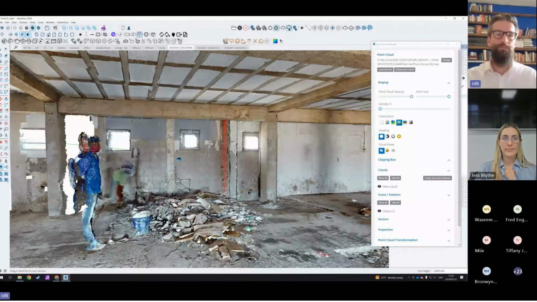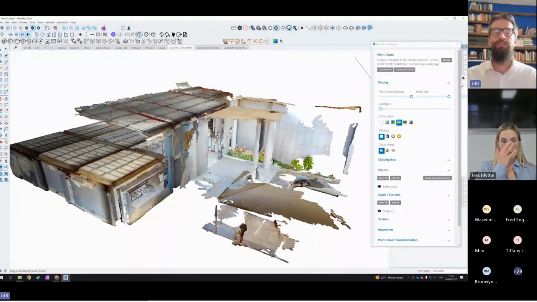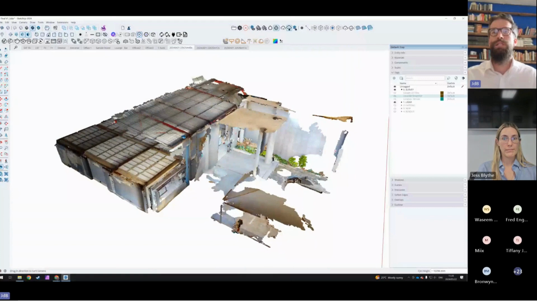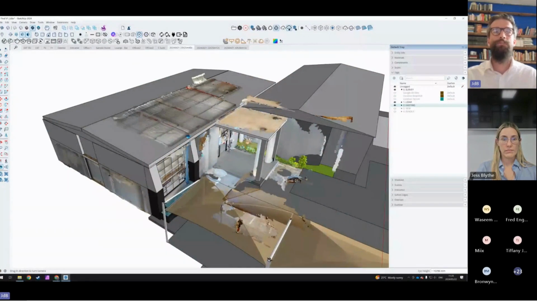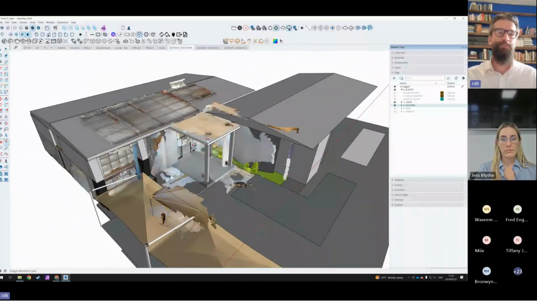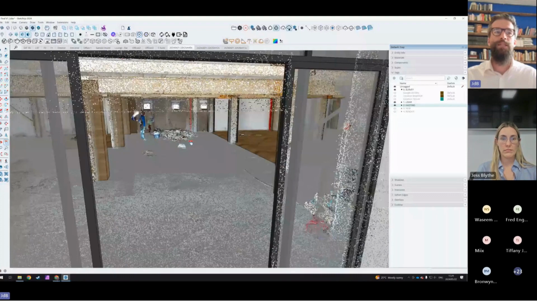Now, as I zoom out, you'll see that it captured nicely the roof here with the beams. So all of that could be drawn in. And as I turn the point cloud off, we're going to switch now to the drawing we created from the point cloud to reveal the existing building. So this is the existing building on top of the point cloud or joined together. And you can see here how the different surfaces sit interlinked. And you can also see how the point cloud was used to create the overlay with each of these columns, and then laid out